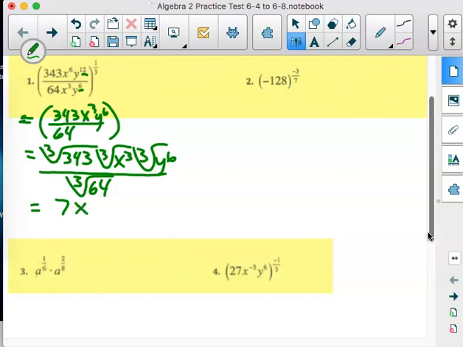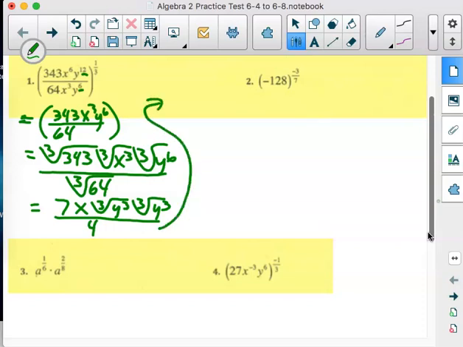And then, just to stick with what we were doing in the first part of the chapter, we could make it the cubed root of y to the third and the cubed root of y to the third. So we can see those two inverses. And then cubed root of 64, go to your power chart. What's cubed root of 64? 4. And last but not least, I see cubed root of y cubed. That's going to be y and y. Oh, I'm going to put an arrow up here, I think. So people that are gone will see we did this. And got 7xy squared over 4